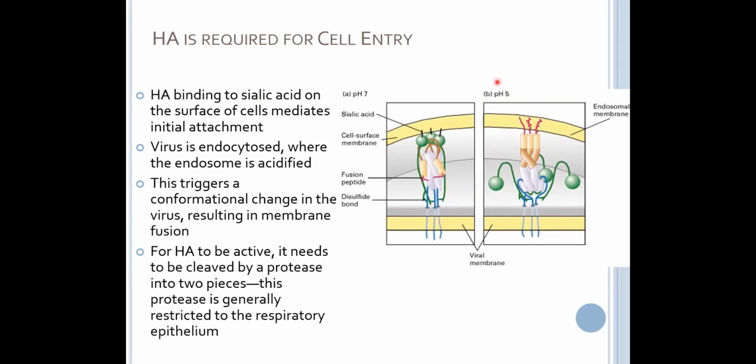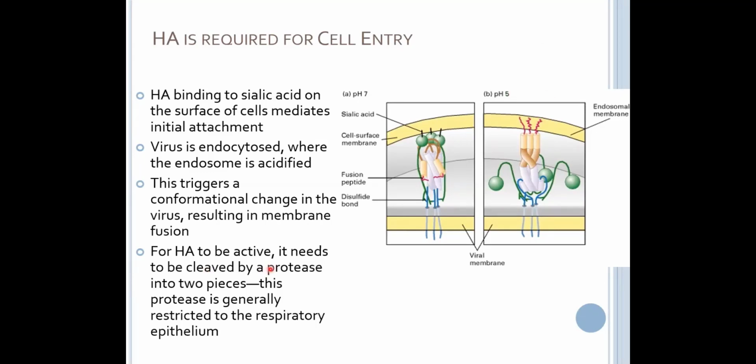viral endosome. So the cell's own process to try to kill the virus, which is acidifying the endosome, actually triggers the virus to create this fusion. It lets the virus know it's in the right place because the virus is starting to get acidified. And then the HA basically stabs the host membrane, tears it open, and dumps its viral contents out into the cytoplasm. For the HA to be active, to be able to perform this stabbing and fusing motion, it has to